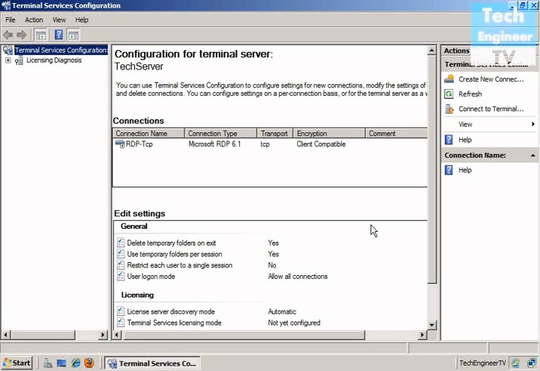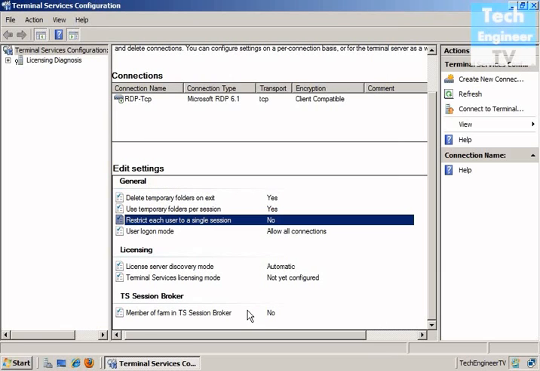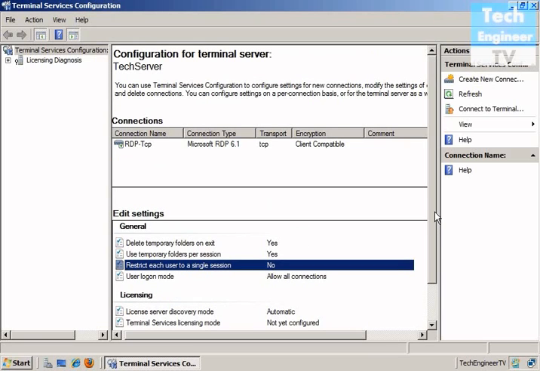Now let me tell you one thing. Before making a remote control, you should remove the restriction of single session from the user. You have to remove this restriction. We already did that practical before, so just double click on it and you have to restrict each user to a single session. Uncheck that and it will allow the user to make multiple sessions so that it works quite well